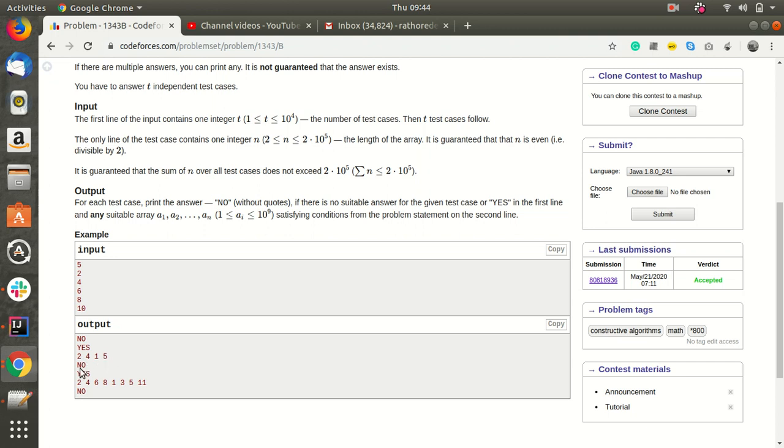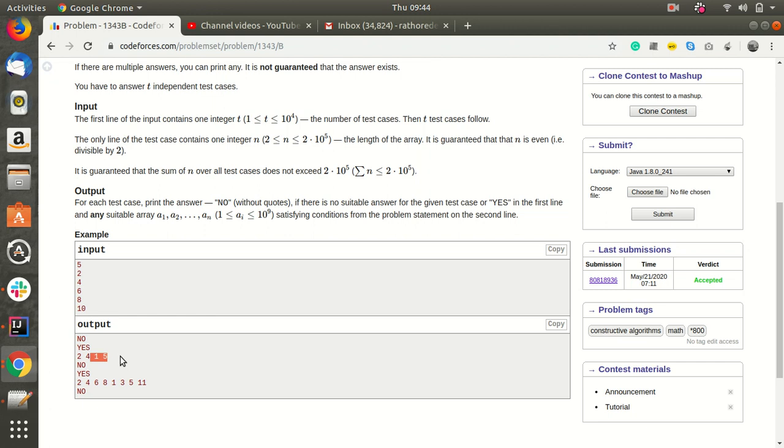Basically 6 equals 6, the sum of even numbers equals the sum of odd numbers, and all the numbers are distinct as well.